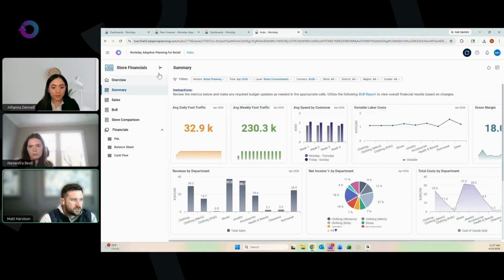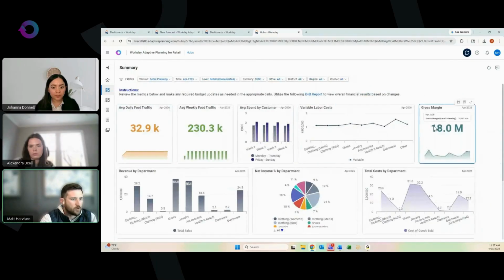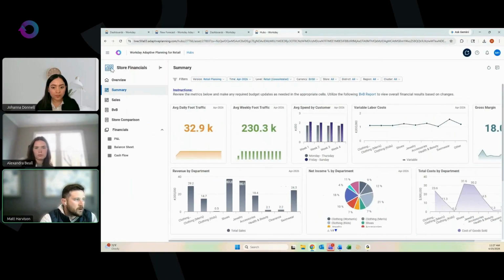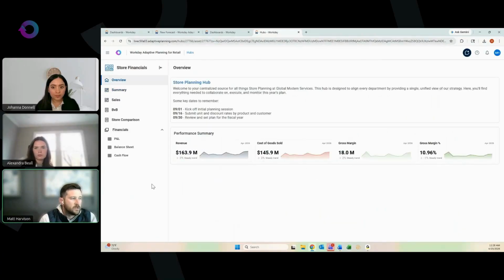You can see all of the same metrics that we were looking at before with gross margin, still clickable by store, by region. But it also allows me the ability to pull in some AI generated metrics as well. So if I wanted to see an outlook at maybe what revenue or COGS or what my gross margin is going to be looking like, AI generated summary of some of my high level KPIs. It could also include text box like we see at the top for us saying we have to complete these